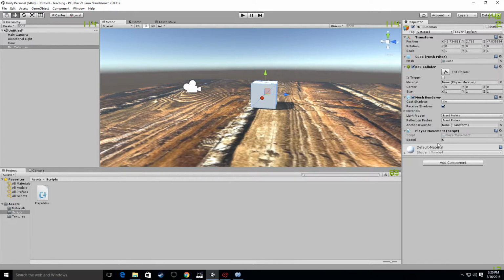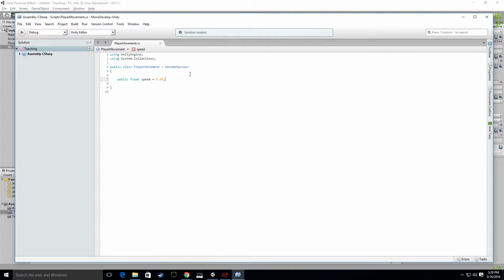So if you notice here, where it says player script, it says speed equals 5. That's exactly what we did the last time. So let's go back in here, and we're going to do another float too. So hit enter, public float rotationSpeed, and make sure Speed is capitalized, equals 50.0f;